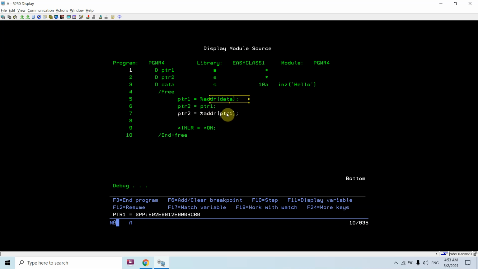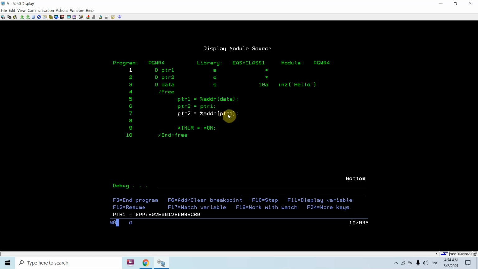I'm not storing the address of data in ptr2, I am storing the address of ptr1. And this ptr1 pointer variable, which takes 16 bytes in memory, has its own address at a memory location, which I am taking in ptr2, and that memory location of ptr1 will store the address of the data variable.